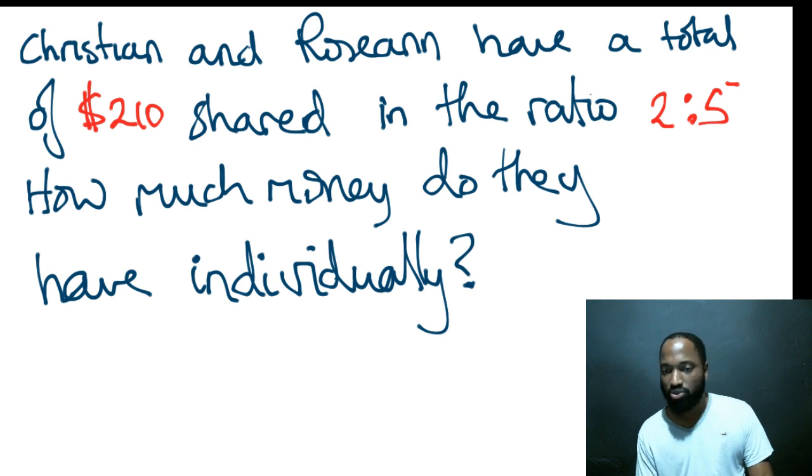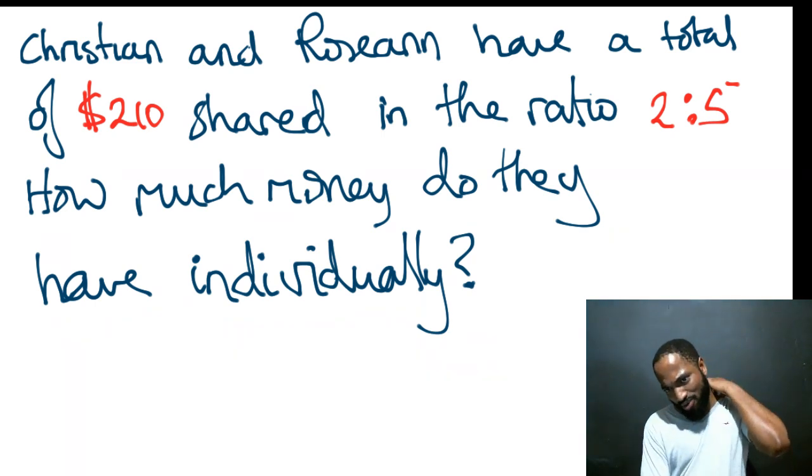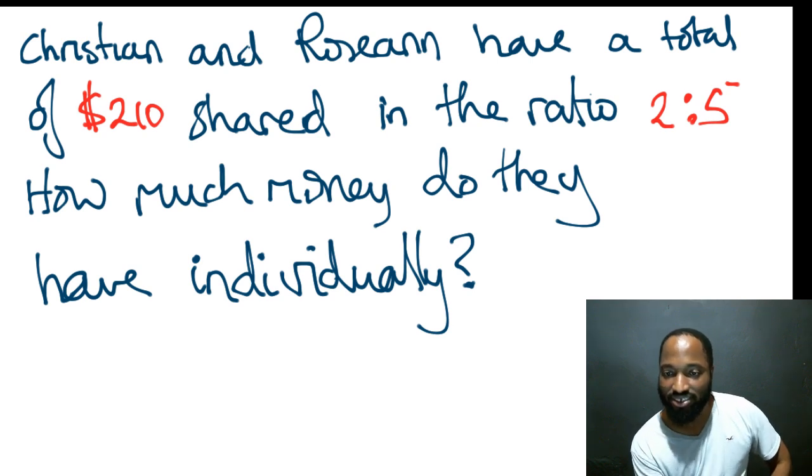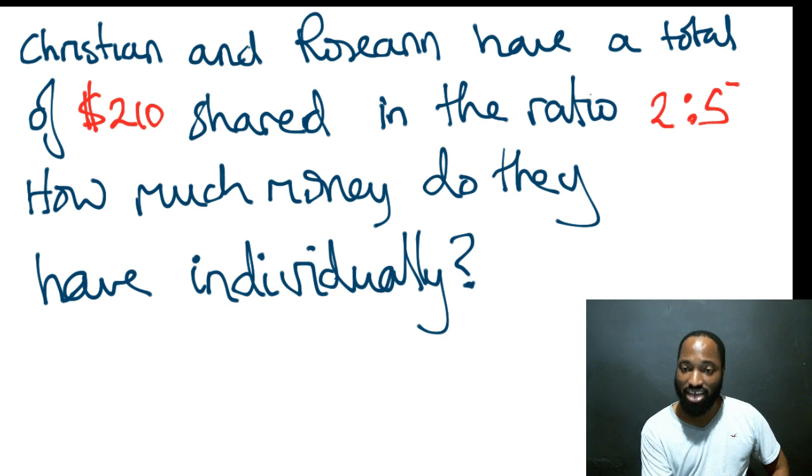So $60 for Christian and $150 for Roseanne. Well done, Danny. Well done. Christian has 2 out of 7. That's good. That means you're going down the right road. 150 for Roseanne, well done, Rashad. I didn't see your answer there. Well done. So it was me who messaged you for help with this topic. I told you you were coming up to this.